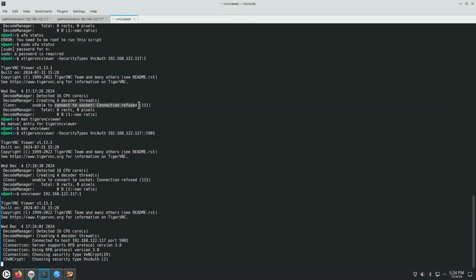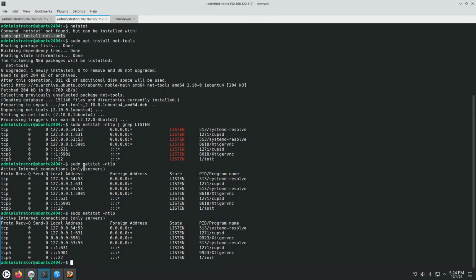So that sounds like the TCP server is not listening on that TCP port 5901, and that can be confirmed by installing the Debian package net-tools such that we have access to netstat, and then using netstat we can confirm that on port 5901 there's a TCP server that's listening, but only on the localhost TCP v4 address, which is 127.0.0.1, and then on the